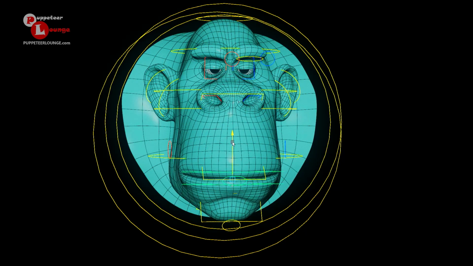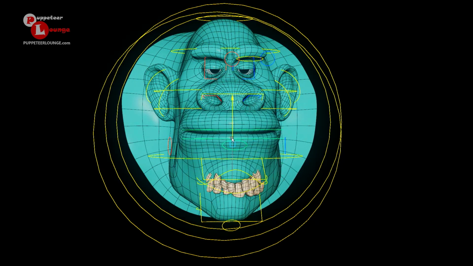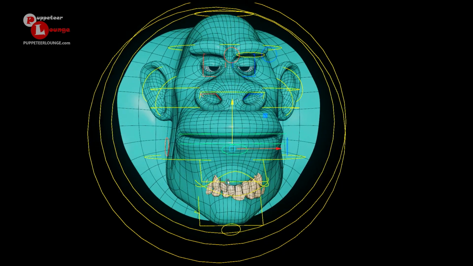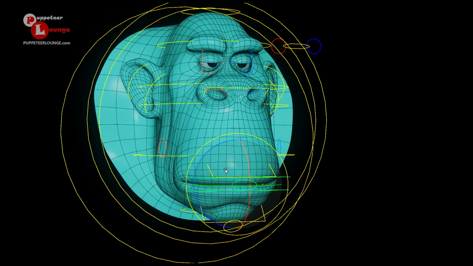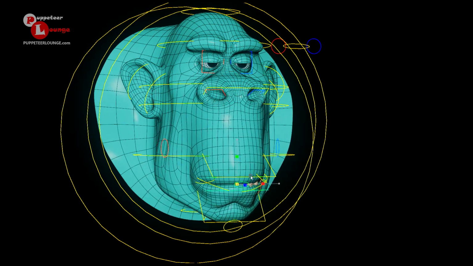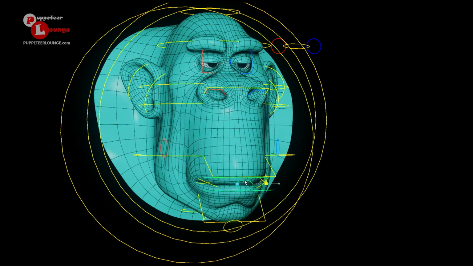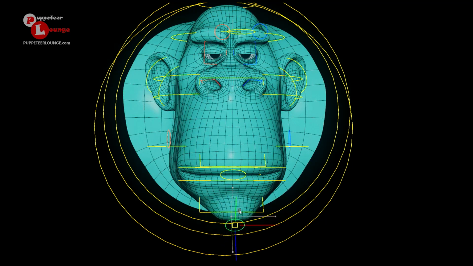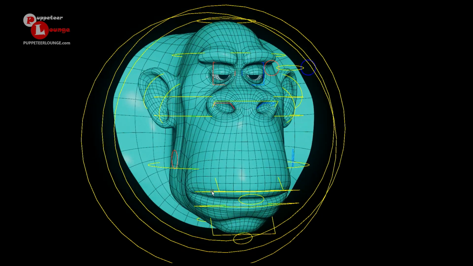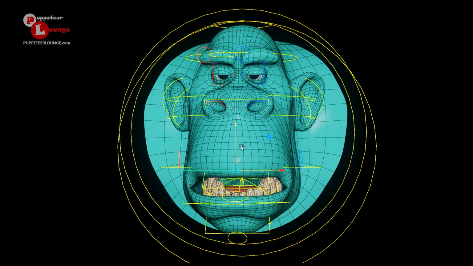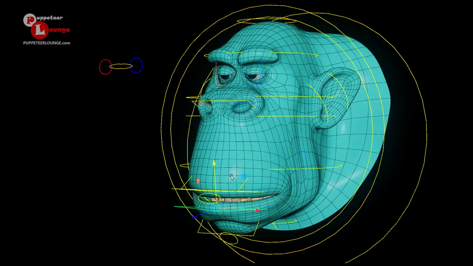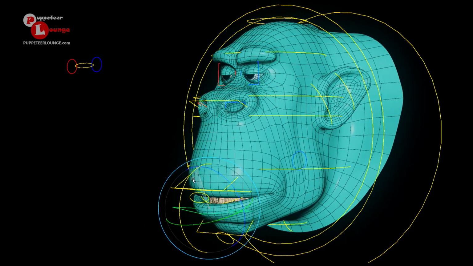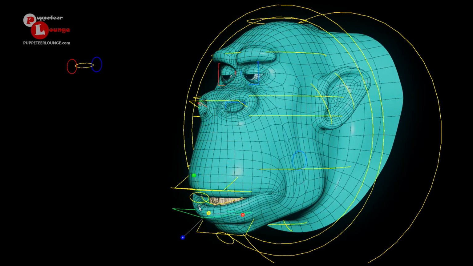We also have this global mouth controller, which we can use to position the mouth. Okay, up and down. You can move it in any direction you like. We can rotate it. We can scale in all directions. There you have it. Then we have this chin controller. Similarly, we have the upper lip controller and the lower lip controller, which is going to give us the movement for the upper lip and the lower lip. You can rotate them and also scale them.